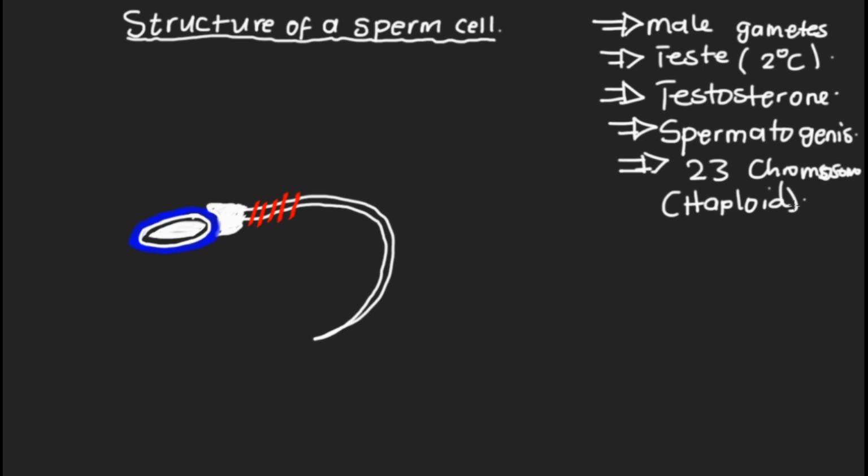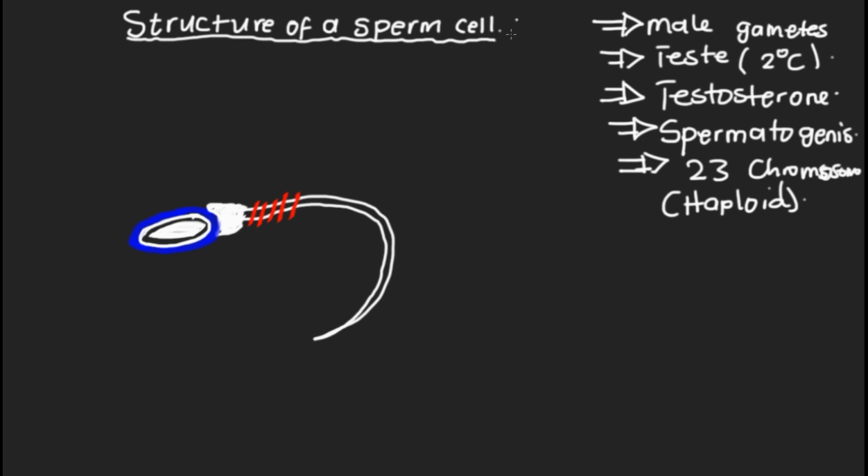So we can just say a sperm cell has the haploid number of chromosomes, because the ovum, which is the female gamete, also contains 23. So if these two cells were to fuse, they form an organism with the total number of 46 chromosomes